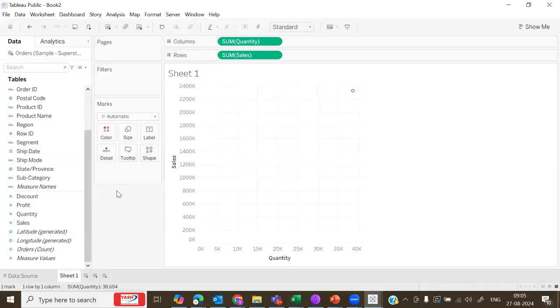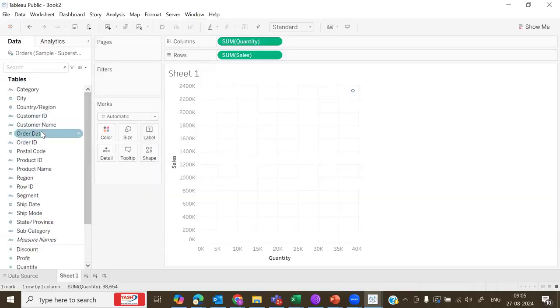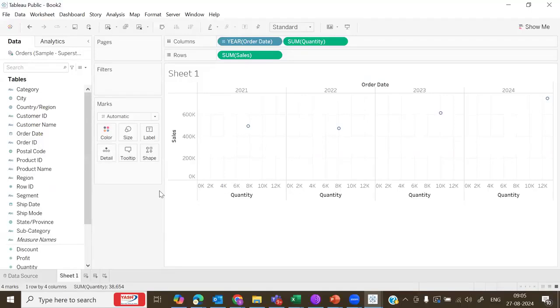These are two different scales altogether, and I want to see it by date. Okay. I want to compare like how over the period of time my sales as well as the quantity are changing, right? So for that, what I will do is